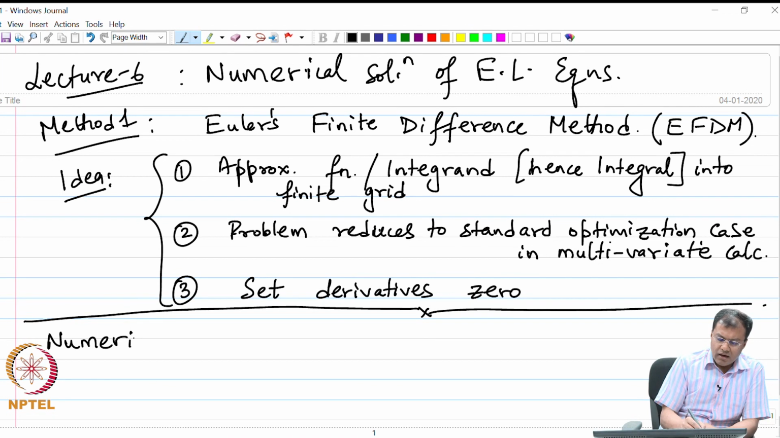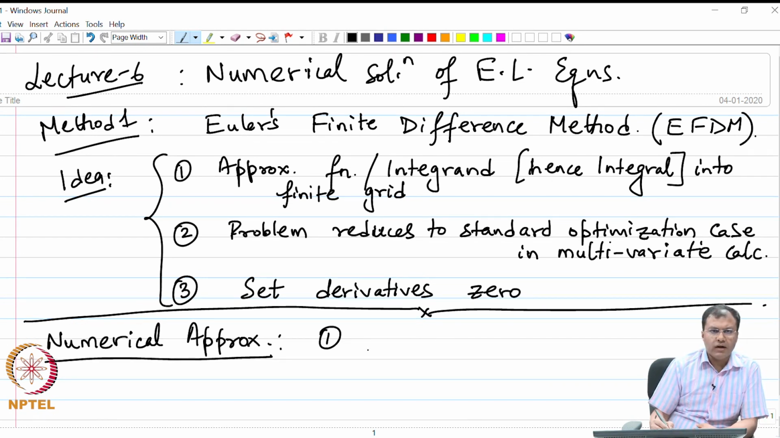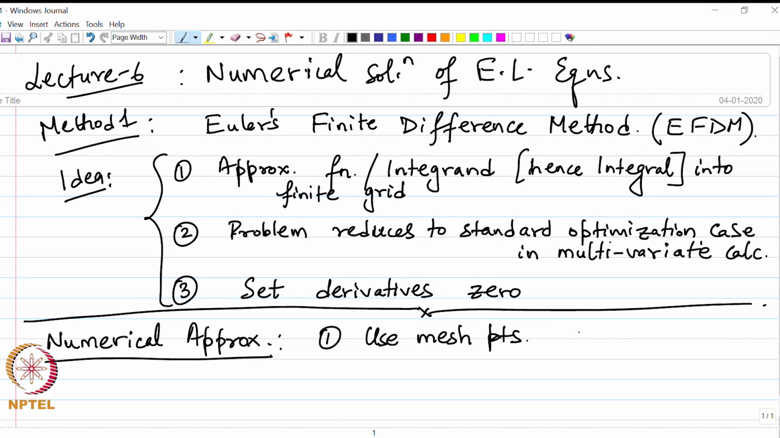So, let me say that we have a finite set of points. The way we numerically approximate our problem is that we use a finite set of mesh points from x0 less than x1 less than x2 and so on, and the final mesh point is xn. This x0 could be the left hand side of the boundary and the xn could be the right hand side of the boundary. So, our integral is from a to b, and we approximate